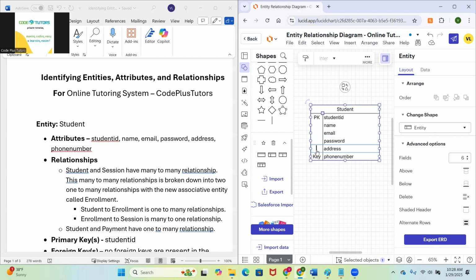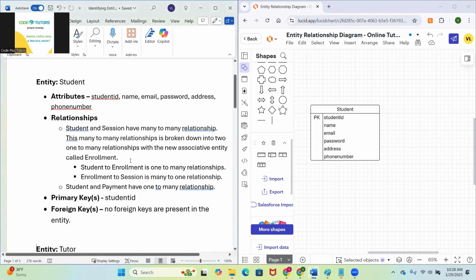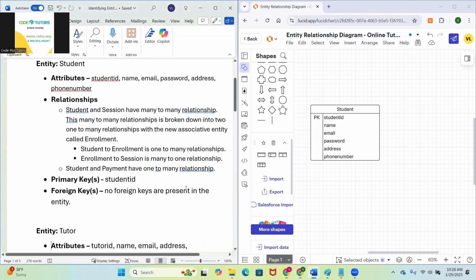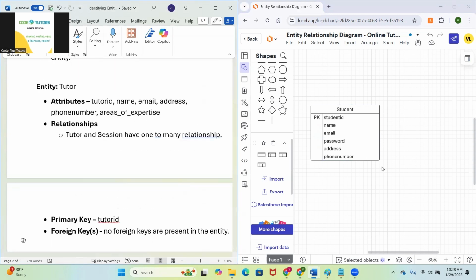So I'm just deleting off the word key. So like this, we have to create an entity for all the entities that we identified here. So here there are no foreign keys, so I'm not putting any foreign key. The next one, if you see,